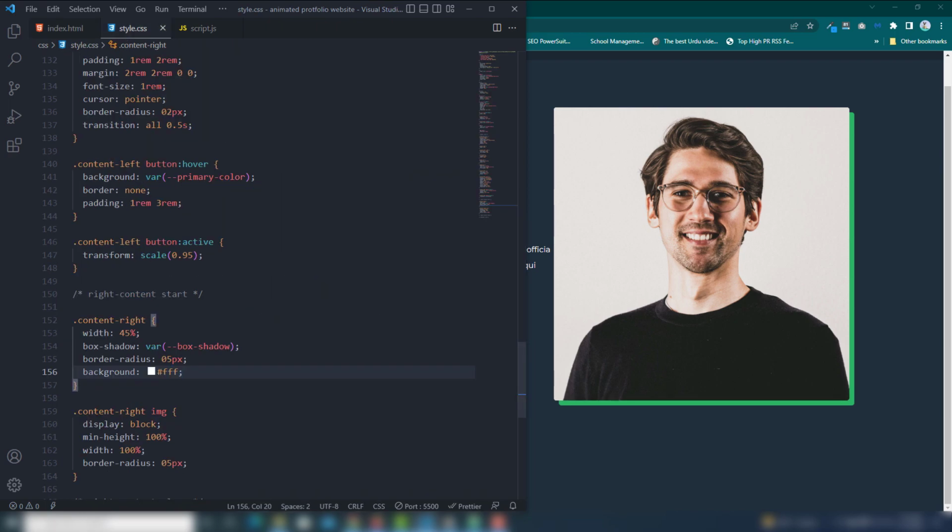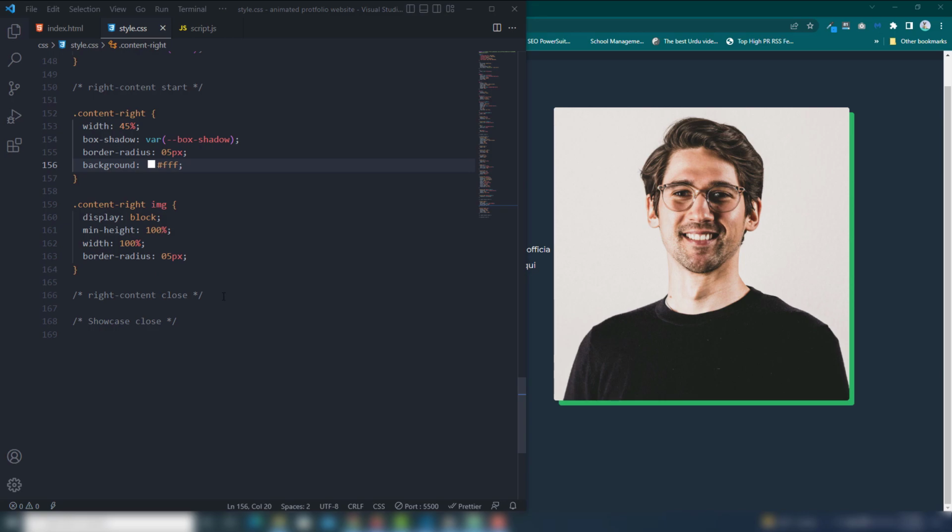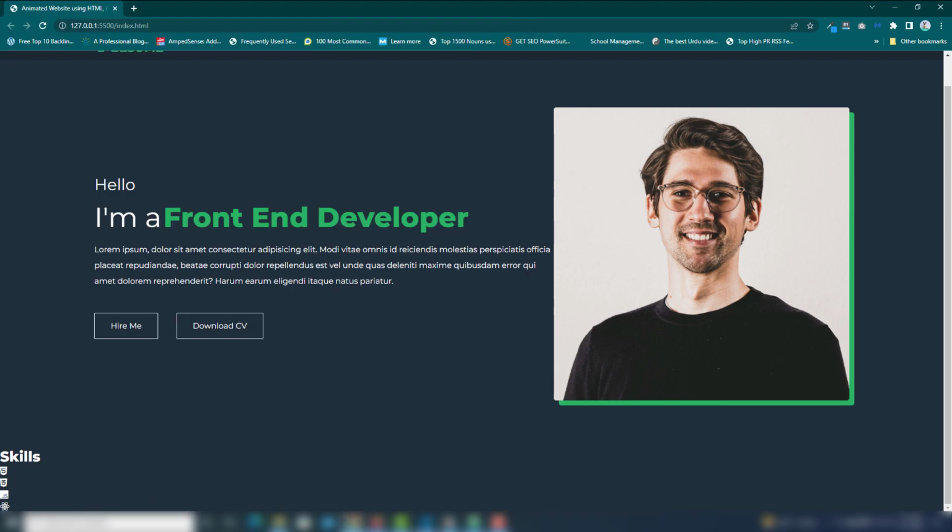So I go to my style.css. In the style.css, I call showcase class. Not in this section, I'm going to call skills start. This will be skills class. So the first thing, I want to display the complete data in the same line.